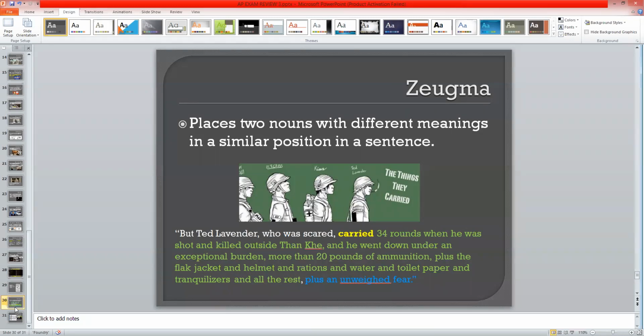In this case, zeugma is being used because the verb carried is being attributed to two different things. One is the physical items of war, of the Vietnam War, of being a soldier, of the struggles of his everyday physical life. But he's also carrying the emotional, the metaphysical, the spiritual. What the author is trying to do is have you think about all the things he's carrying